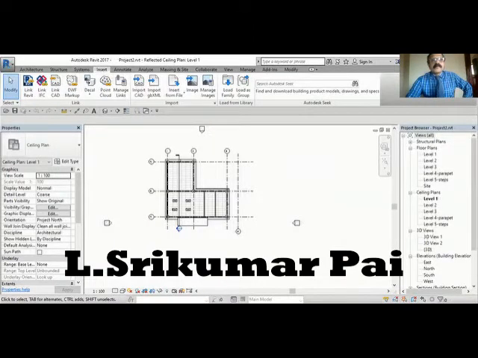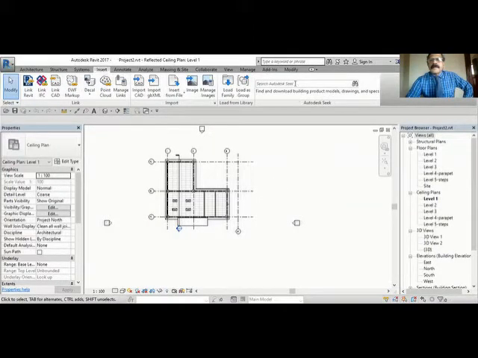Okay, today basically what we are going to learn is how to bring a CAD file to Revit, how to link or how to import an AutoCAD drawing. I have explained AutoCAD drawing import when I was explaining the topography. Now let me explain in a little more detail. That time I didn't inform you about link CAD. So today I'm going to explain how we can link or import AutoCAD drawings.